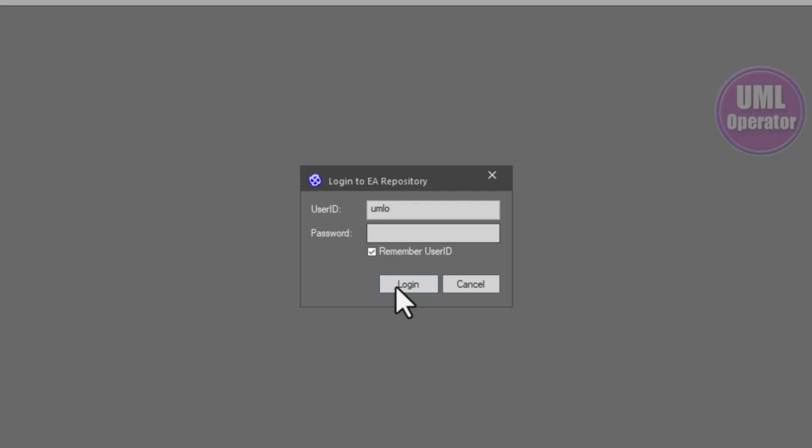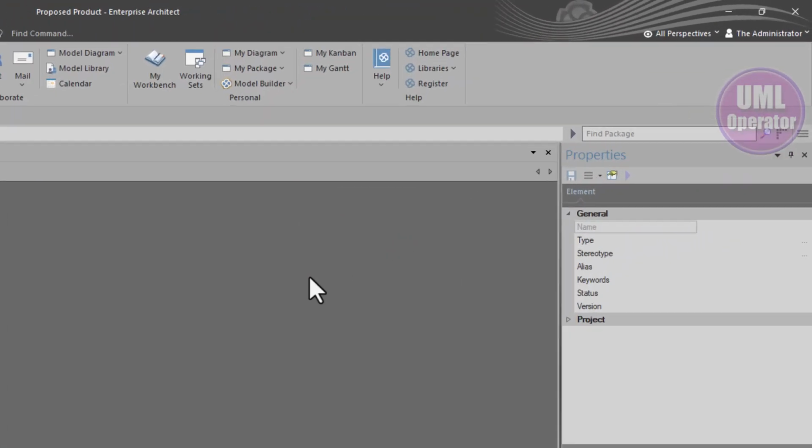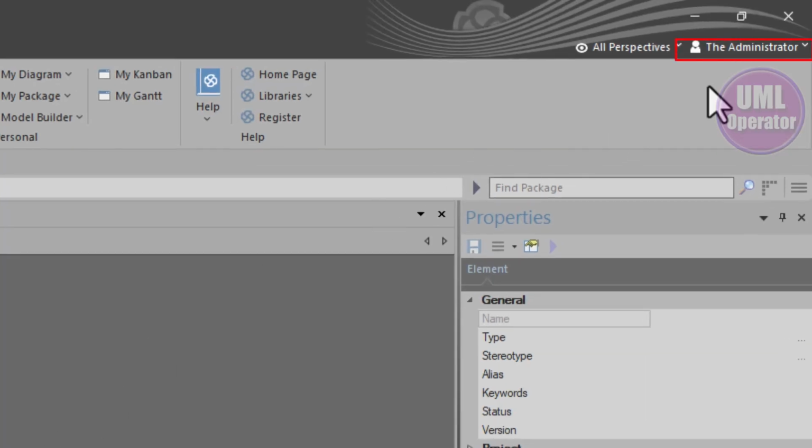Now, as soon as we did that, it's going to go to the last login screen, which was UML. You have to put admin in here because we are logging in as admin. Remember your password. Leave this checked. Remember UID, because you want that to happen. So there we go. We're logged in, and in the upper right, you can see the administrator is logged into